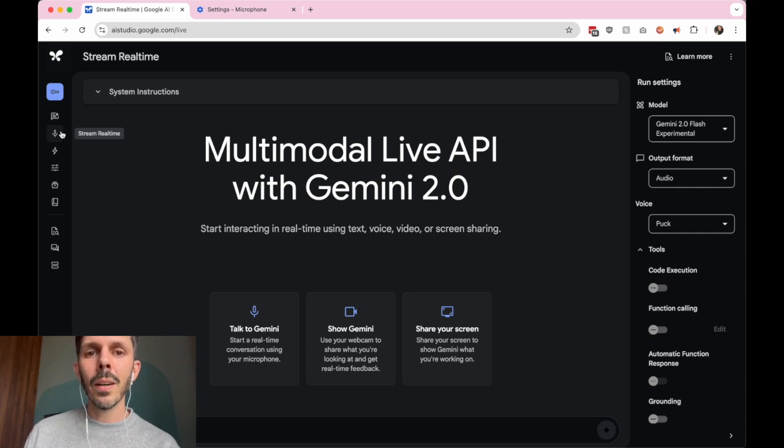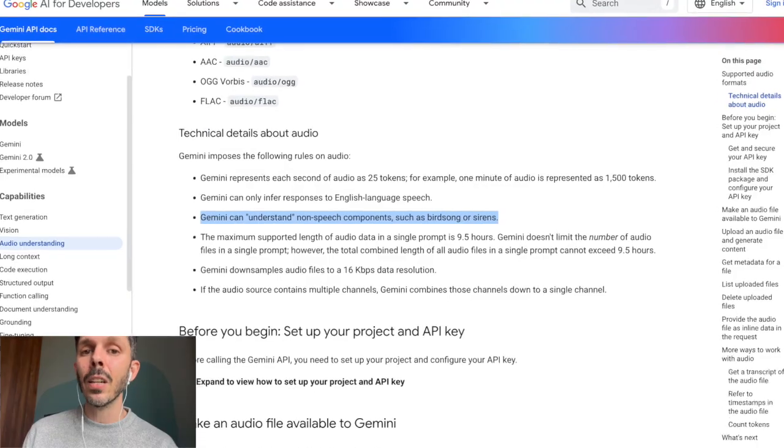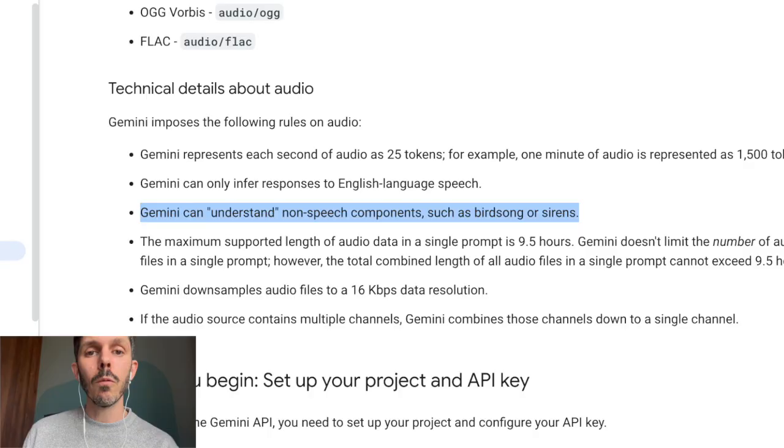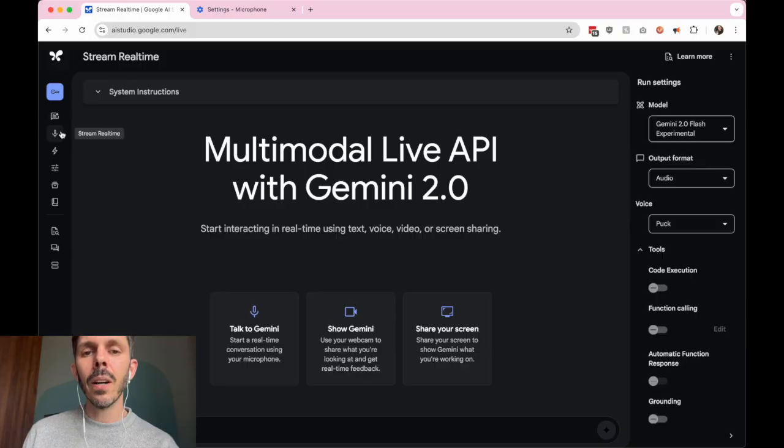One thing I wanted to point out is in the developer docs for Gemini 2.0, it says that it was trained on both speech and non-speech elements, mostly referring to sound effects. They did not clarify whether or not they were trained on music, but we do know that Google DeepMind has access to deep models like MusicCaps and MuLan. So what I wanted to know is whether it's able to actually understand and listen to musical components or not.